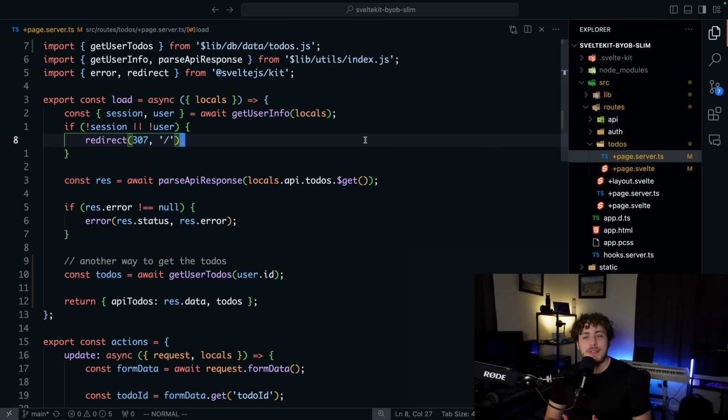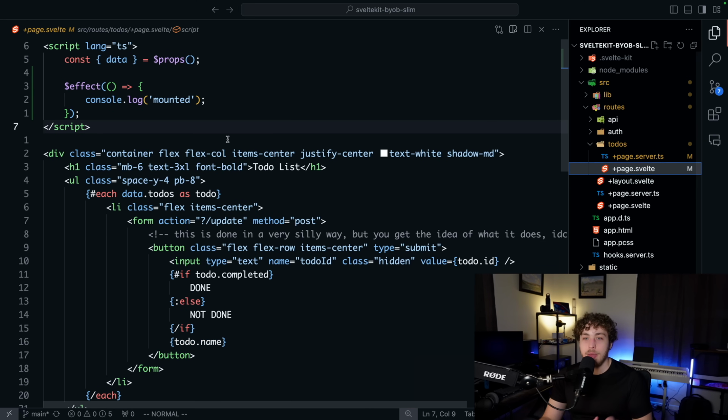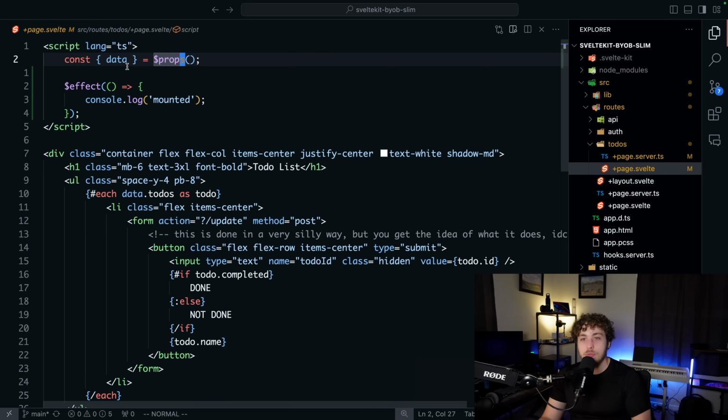I don't like it when I have to go and write a normal GET request, or I have to write a normal POST request, and I have to use HTTP verbs like we did back in the MERN stack days. That's how I started programming. I was making HTTP requests from my SPA React app to my Express.js backend, and it did work. It's totally fine, but I don't like that. I much prefer being able to have my little page.server.ts load function and then go onto my page.svelte and be able to say data equals props and grab that out with end-to-end type safety, get all the benefits of server-side rendering and all these crazy things that we're able to do with these new frameworks,